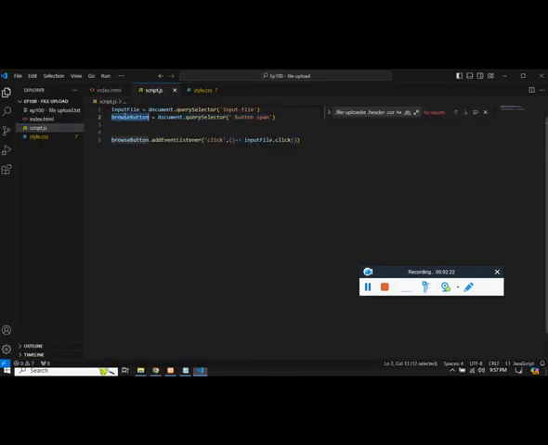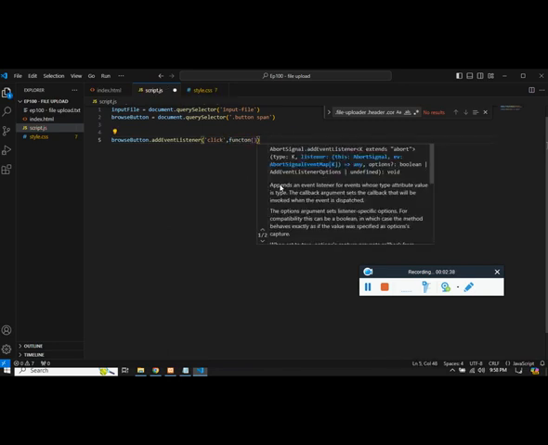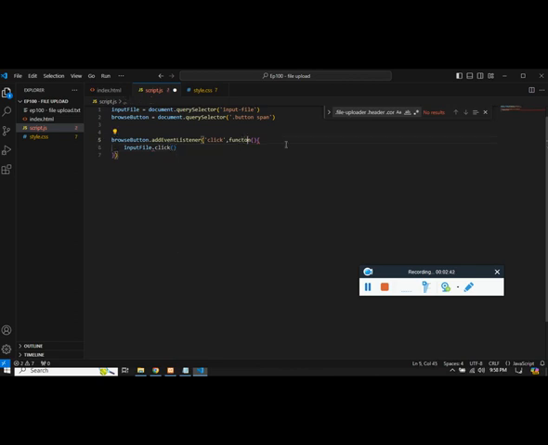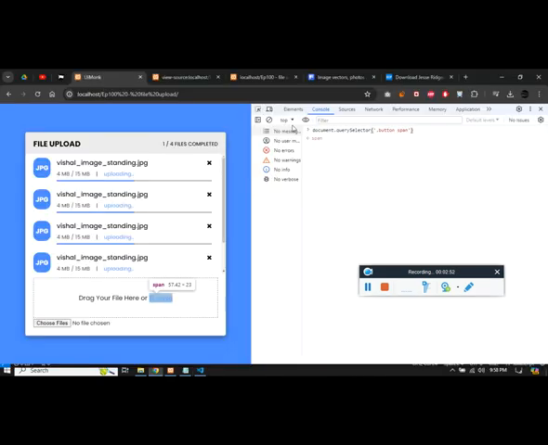Yep, we are able to get add event listener, add listener click. I'll just see console.log clicked. I know this is a spelling mistake. If I click on the browse, you should see